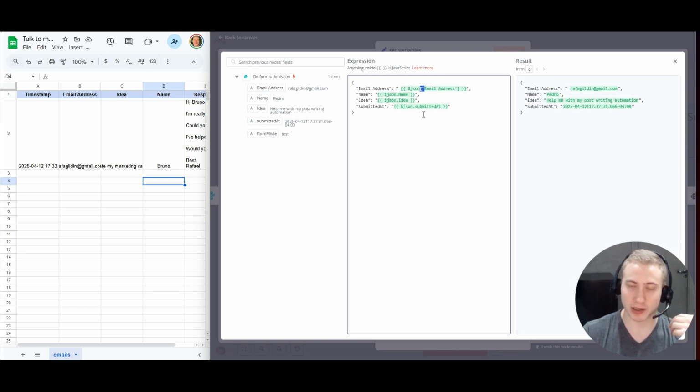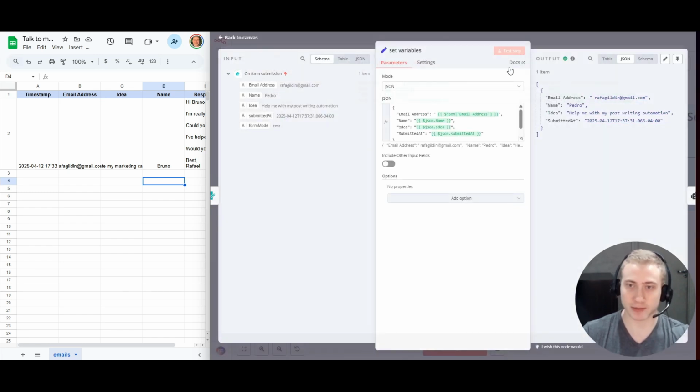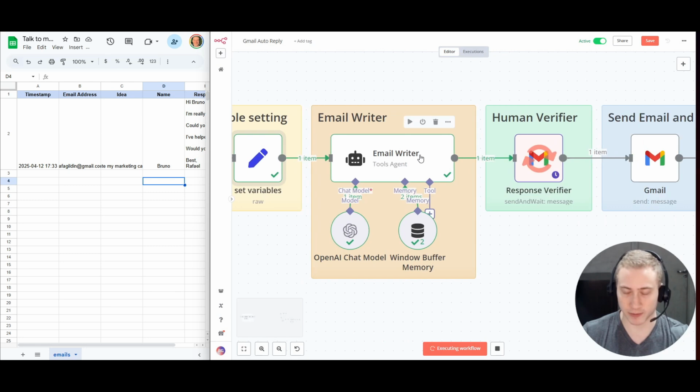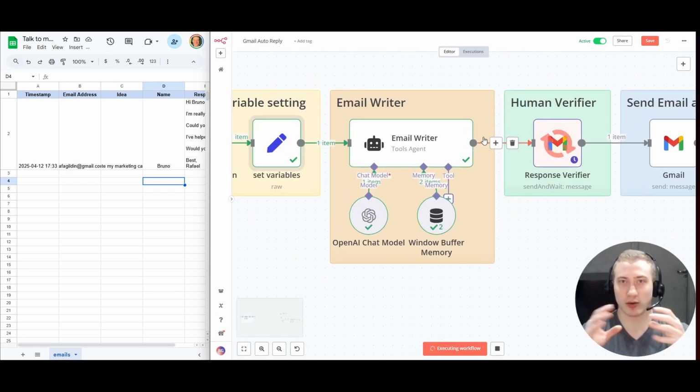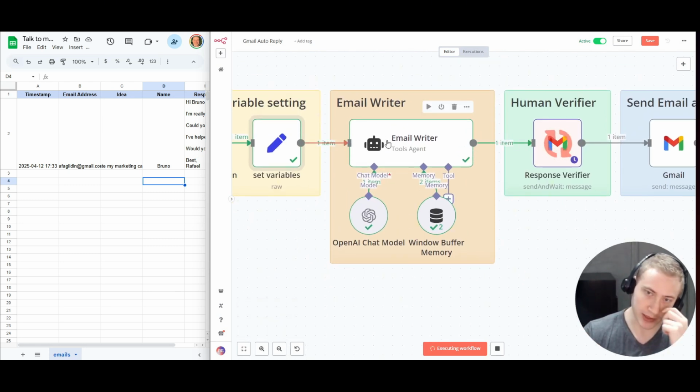This is very manual, but you can definitely automate with some code blocks as well. But you have the email address, the name, idea, and finally the submitted at, which in this case is a string corresponding to the timestamp, for example. Perfect. Now the key of the project, which is the email writer,